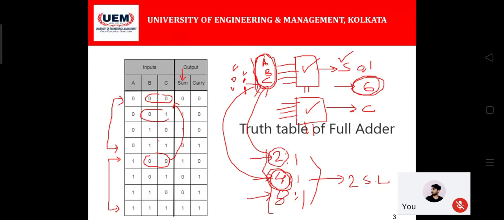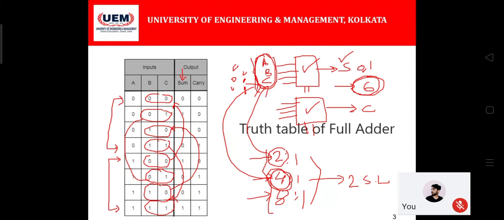And again for the next, you can see the repetition occurs. And for the next time, the repetition occurs between these two. And for the fourth time, the repetition occurs between these two. The only value that gets changed is the value of A. So for A equals 0, BC can have the value 0, 0. For A equals 1, BC can have the value 0, 0. That's the way we are considering.